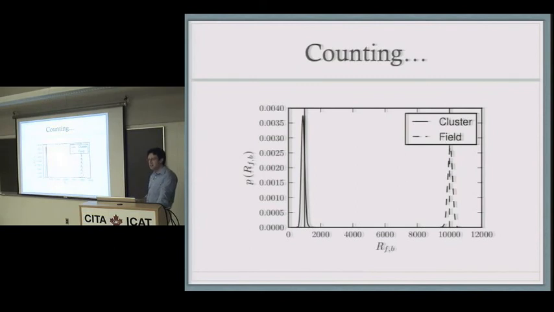Nonetheless, using our technique, you can count quite accurately that there are just about 1,000 cluster stars in the field. This is the probability distribution on the number of cluster stars. The vertical line is the true value. And just about 10,000 background field stars. The vertical line is the true value. So even though we couldn't identify a single globular cluster star, it's obvious from this picture that there's 1,000 stars